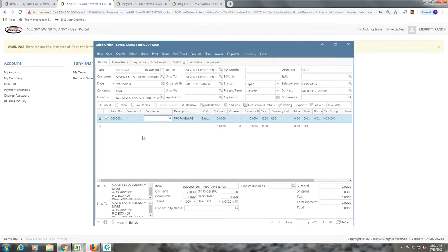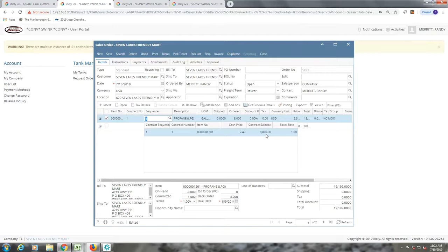Each contract requires a sequence. So, and go ahead and select a sequence for me. Let's say you have a customer and during a period of, let's say, 10 months, you created a contract for 1,000 gallons. And then you have another sequence and say, okay, they just went over that 1,000. You want to create another contract with a different time frame. So you could have multiple sequences and not have to create a new contract every time. Or if you just want to have one history for a customer,